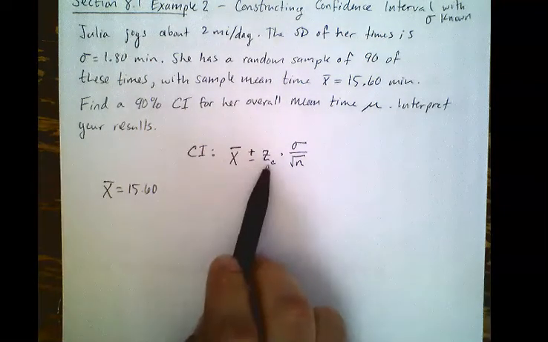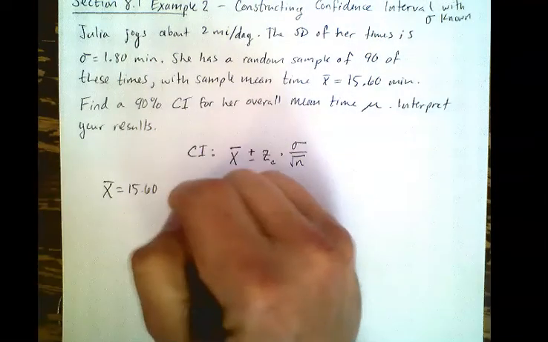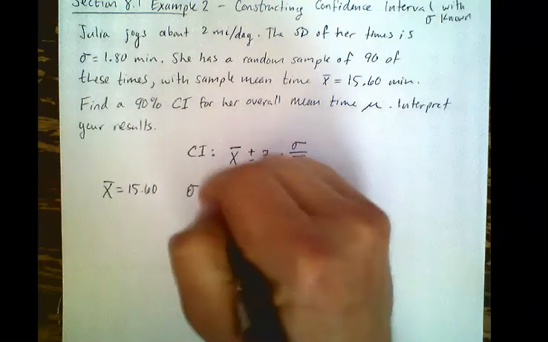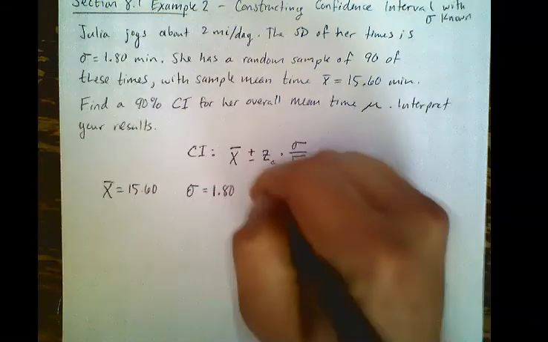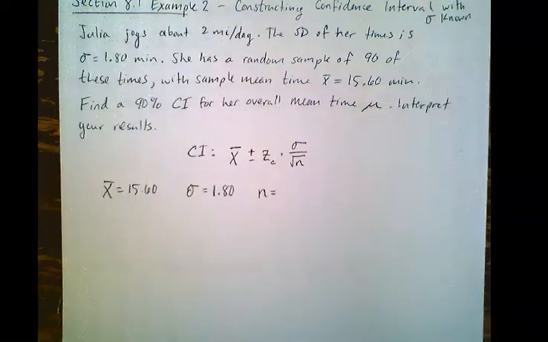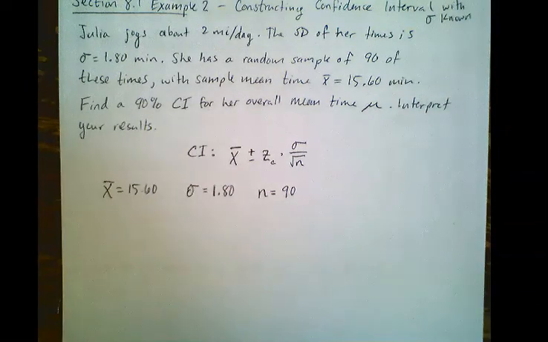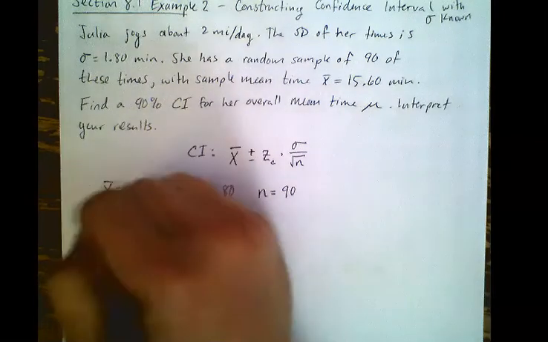Our z critical we'll find in a second. Sigma, we know, is 1.80. And n, the sample size, is 90. Now, to find z critical, I have given you a table of all the z critical values in the PowerPoint slides, so you can just utilize those. Or if you forget that you have that, you can always generate it yourself. So we can find z critical